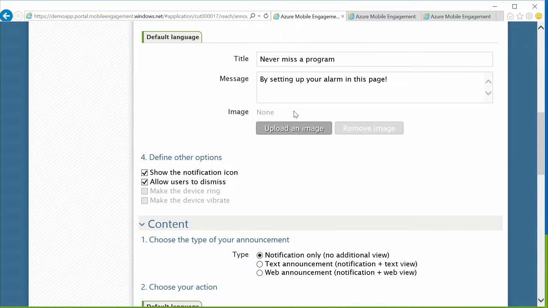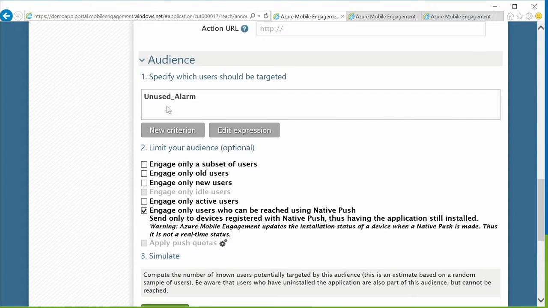So typically, this is again a win-win situation, delivering value both for your users and for you as an app owner. Again, we will use the audience portion of the campaign here to select the group of users that will be targeted with that campaign.